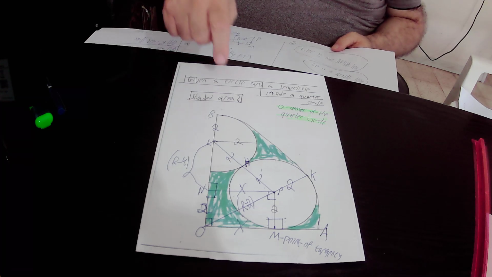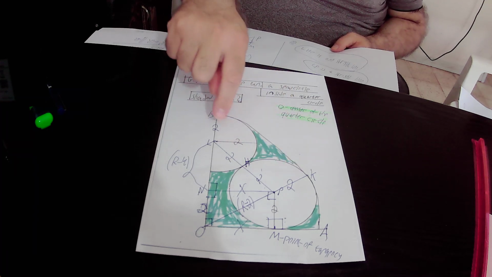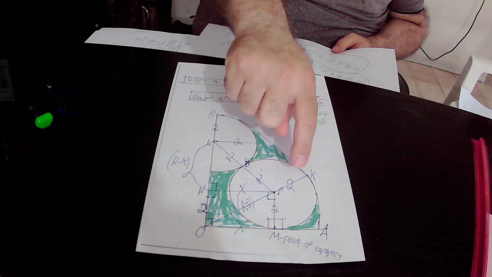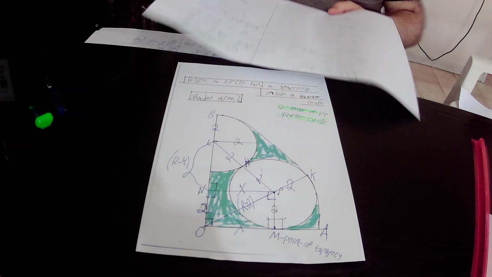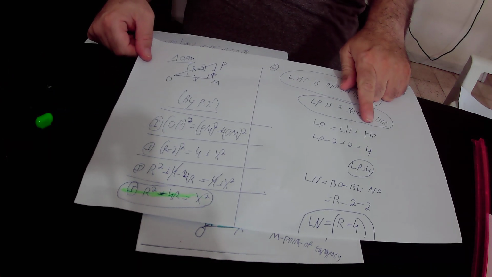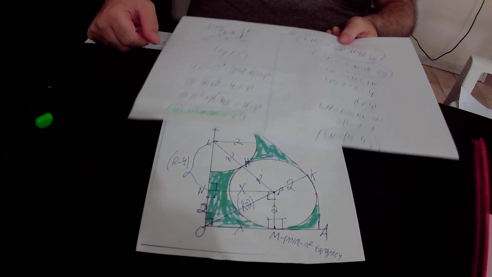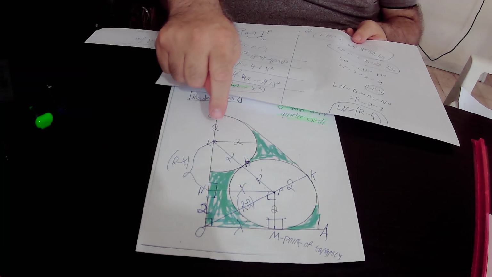So what is the length of the straight line LP? LP equals LH plus HP. So LP equals LH